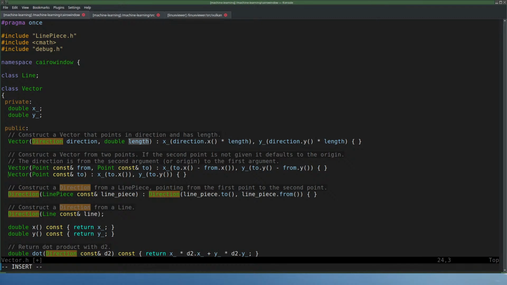I think I'm going to make it explicit for now. If you pass a point to a function that takes a vector, then I don't know. Seems that you need a little bit more say in it, or control about it. Construct a vector from a line piece pointing from the first point to the second point. Now why not,